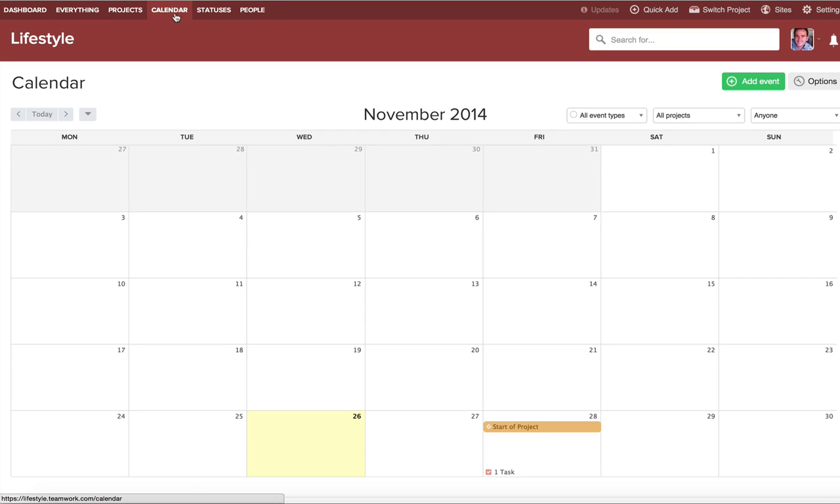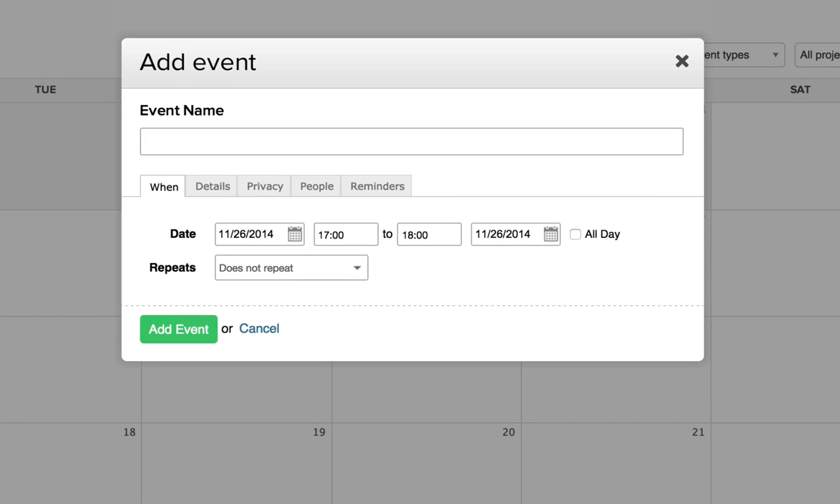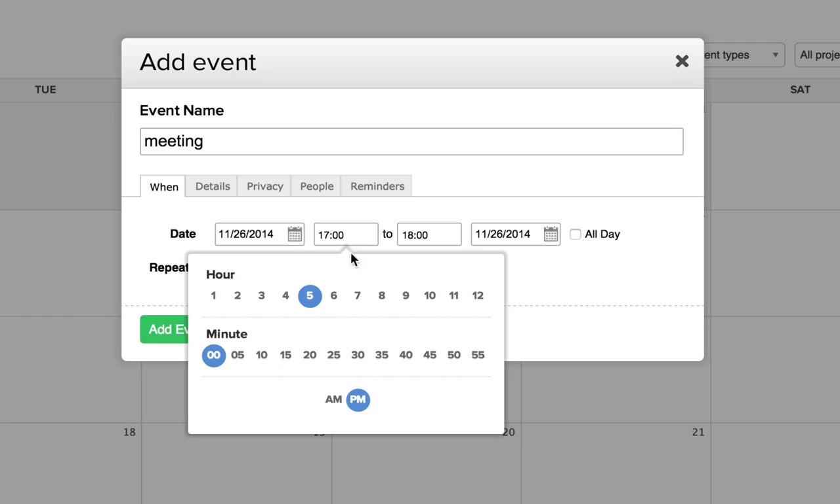Last tab to touch on just for the getting started is the calendar tab. The calendar is the one thing that really sits outside of a project. Within Teamwork, everything else kind of sits inside projects, so all messages and tasks need to belong to a project. Calendar events are the one thing that you can have outside. So if I was to click on a date here, I could enter in a meeting event, and when I want the event to start,